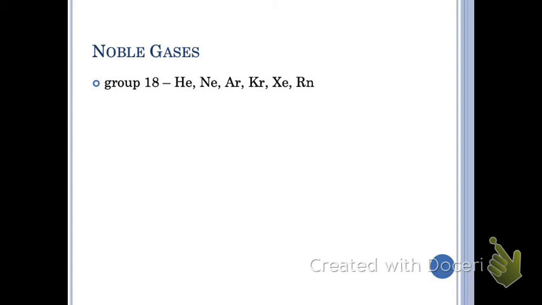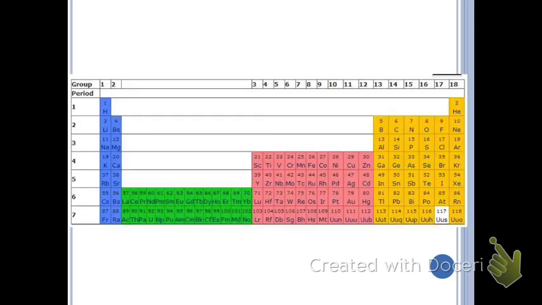It would expand the periodic table and make it honestly pretty ugly if we kept it like that, but that's where they fit, right? 57 through 70 fits in this little spot right here, and the 89 through 102 fits right in there. So that's why that gets pulled down, okay? Because if we didn't, our periodic table would look like that. So it would not be as aesthetically pleasing, if you will.